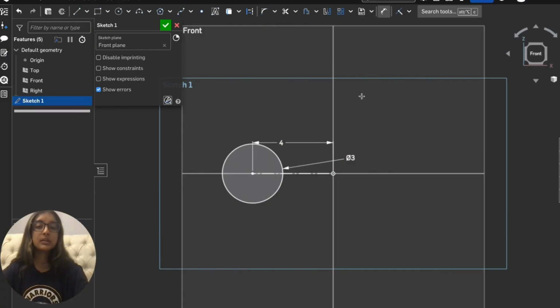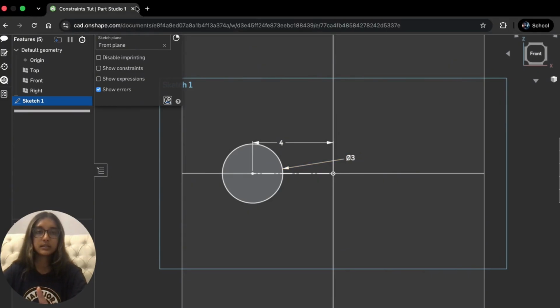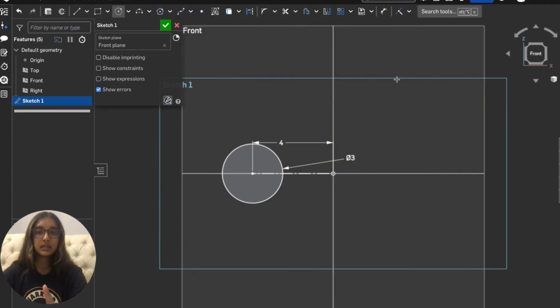Okay, so now we're going to be talking about the symmetric constraint. So symmetry is when something is reflected over a certain axis. So to use a symmetric constraint, we have to first define our center line and then the two entities we want, where one will mirror the other. So basically right now I have a fully defined circle that is 4 centimeters away from the origin with a radius of 3 centimeters. Now let's say I had another circle over here,